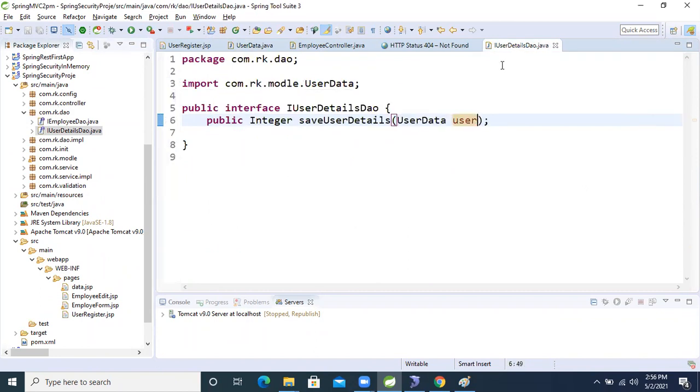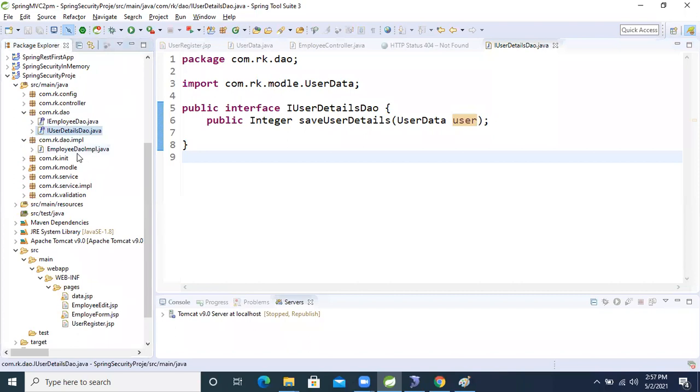We are writing one abstract method, but we know this is an interface, and in an interface we are not able to create the object or give its implementation logic. So where will we give it, guys? We will give the logic inside its implementation class.